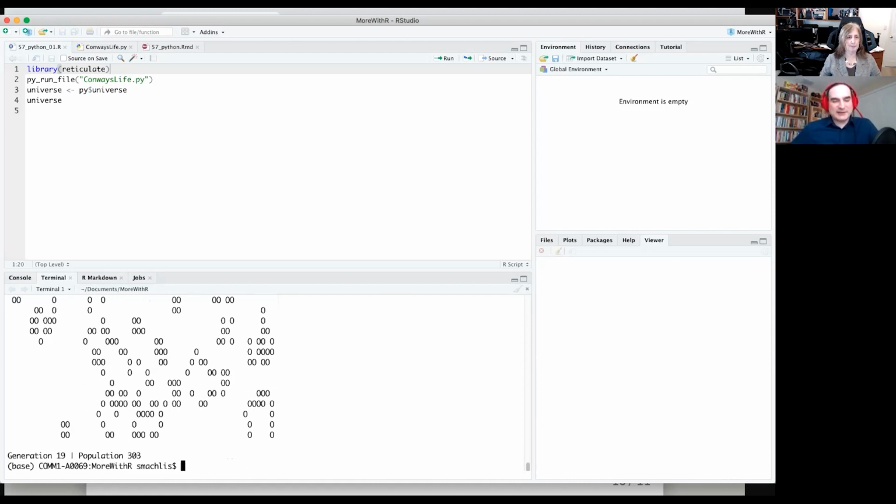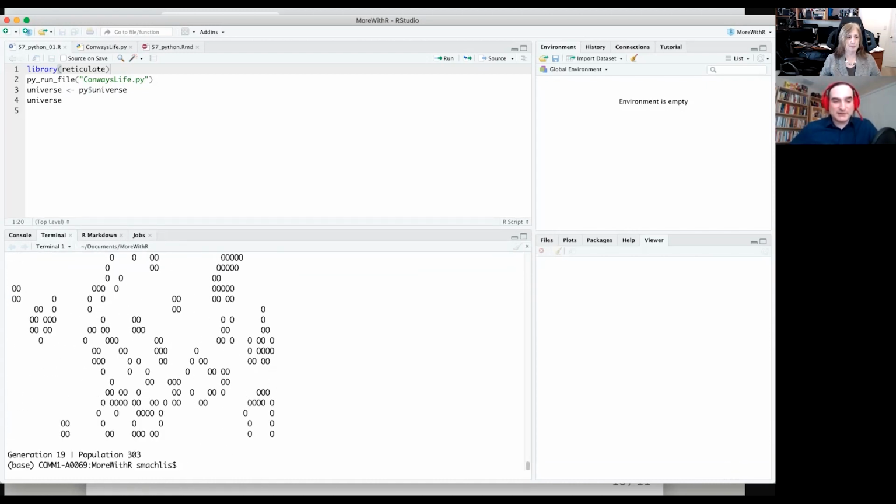Okay, well, this is actually a mathematical game invented by the mathematician John Conway. And it's a simulation of a colony of cells living and dying and reproducing. And one of the reasons I decided to use this as a demo is because the back end of it is actually quite a bit of matrix math. And if we use Python's NumPy, we can perform this matrix math very quickly. And we can also plug into the matrix objects that are created by Python and inspect them using R.